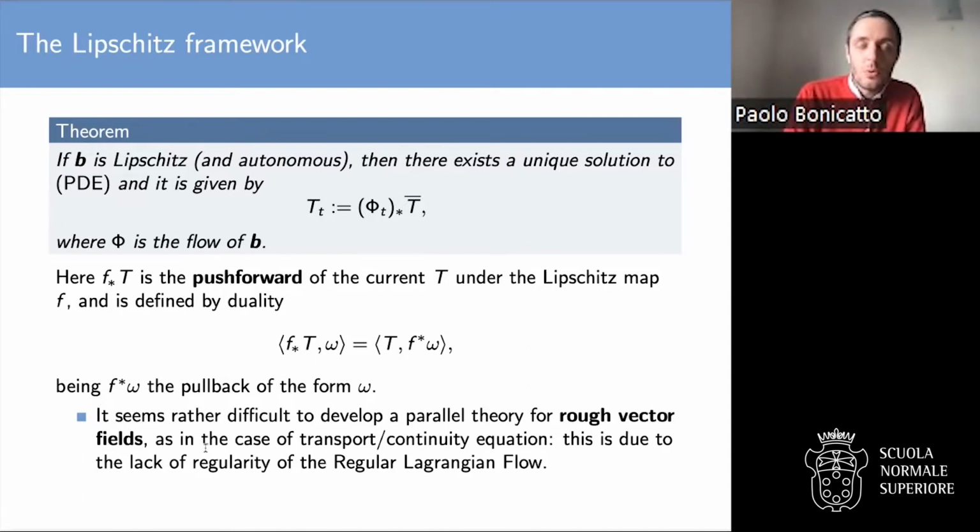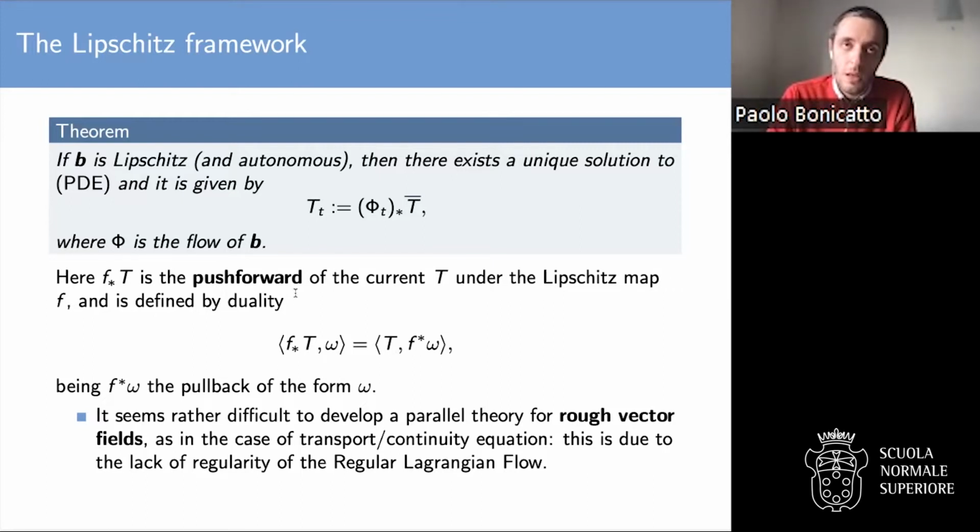And this is due essentially to two factors. On the one hand, there's a complete lack of a priori estimates. And on the other hand, we have not enough regularity, for instance, of the regular Lagrangian flow, which we have seen is very far from being Lipschitz. And so it's not easy to understand how such a formula could be extended to less regular